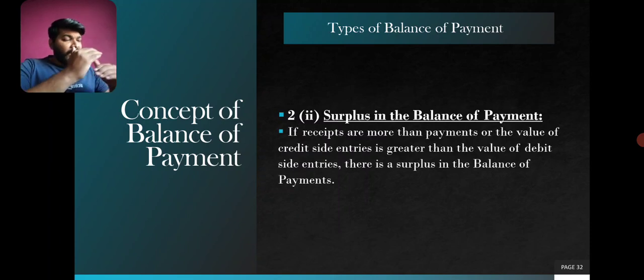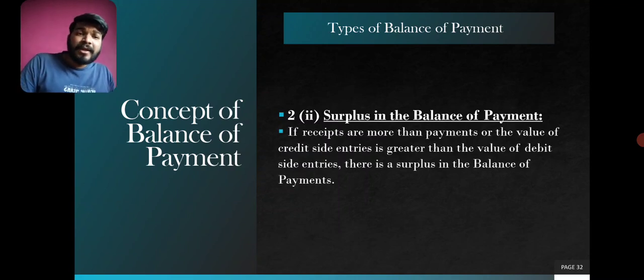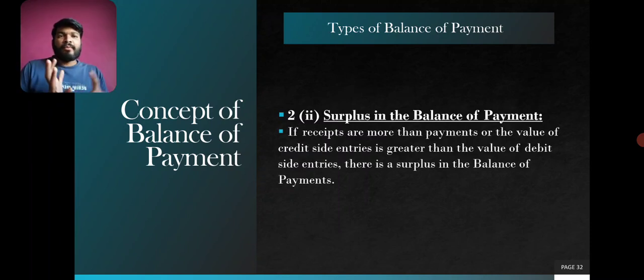This is how you find it every year. If your exports are more, then that will be good. And normally this particular surplus in balance of payment is seen in the developed nations, because they are fully developed. They are producing in good quantity, and the second thing is that we are the largest country, that's why, with the population, we are lagging behind.